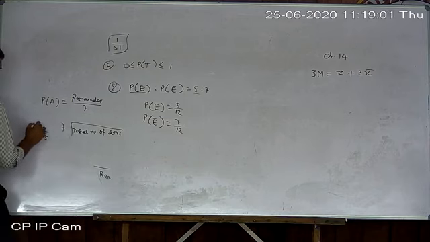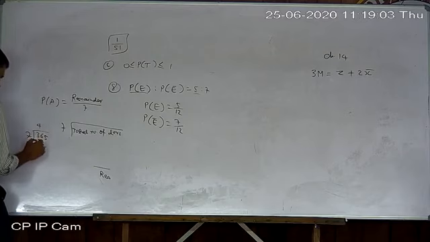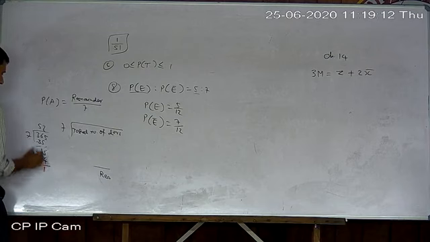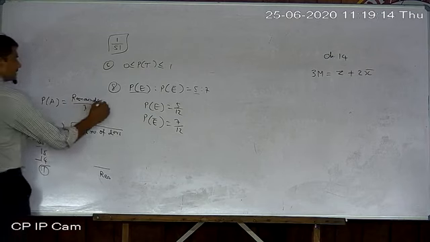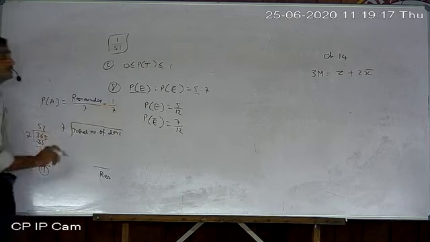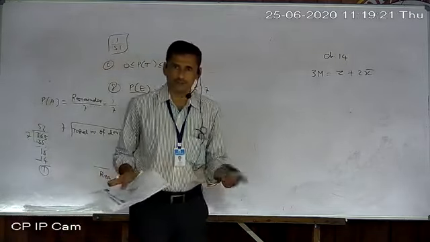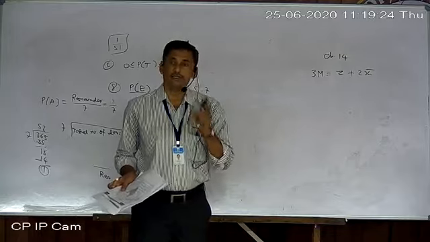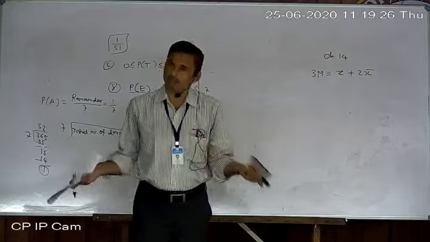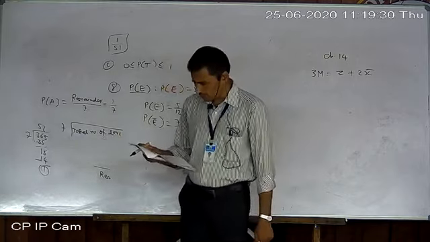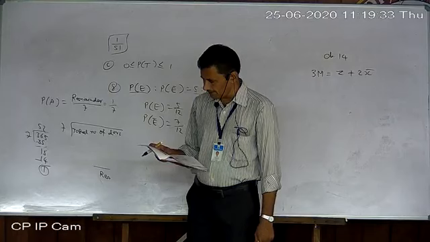So 7 4s are 28, 7 5s are 35, and 1 is left. So 1 is required here, so 1 by 7 will be the answer. The remainder is important for us. If it is a non-leap year, 365; if a leap year, 366. In February also remember, if it is a leap year, 29 days; non-leap year, 28. I think almost all the remaining ones are of this type, day related.